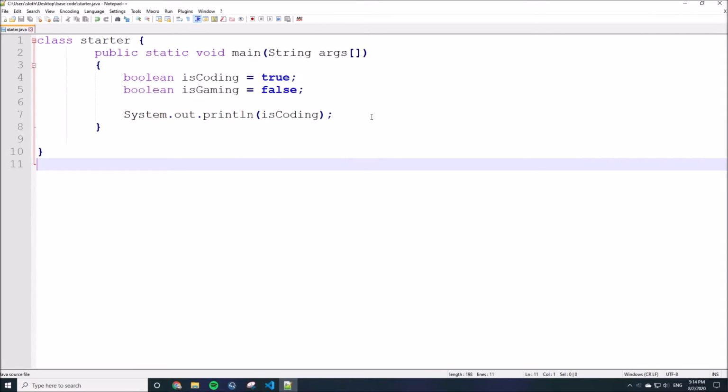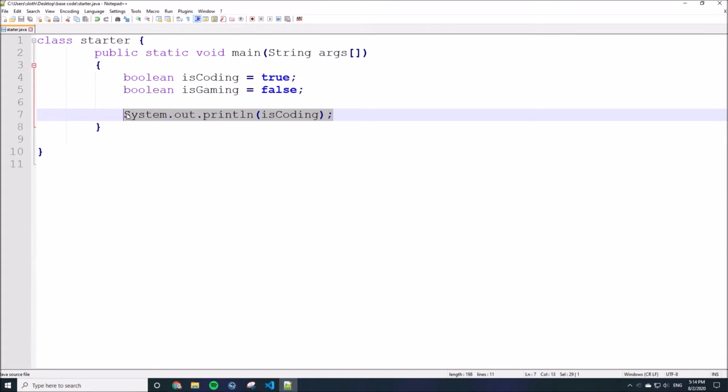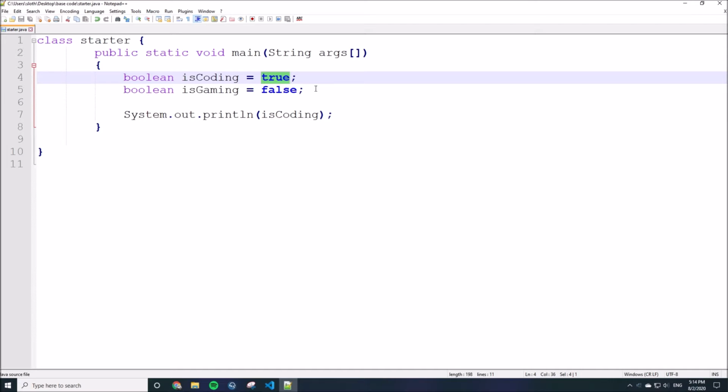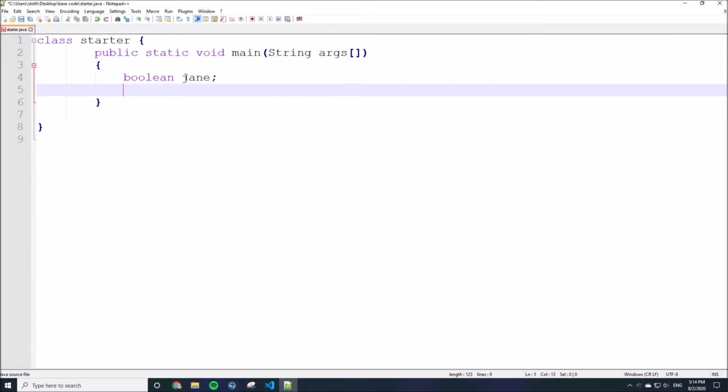And so now I'm gonna combine something that we've already learned before, which is outputs and booleans, which I sort of did here, but I directly stated the boolean. And this time, I'm gonna use an example Dr. Neat used in his notes because I think it's a great example of how to use these booleans, and the difference between the equal sign and the double equal sign. So I'm gonna make a boolean Jane, okay? I'm gonna declare Jane, and I'm gonna initialize Jane with